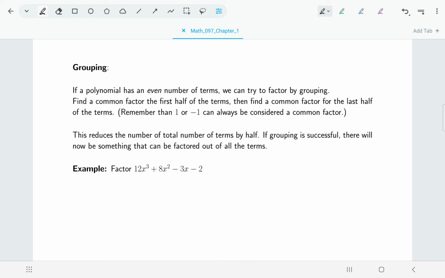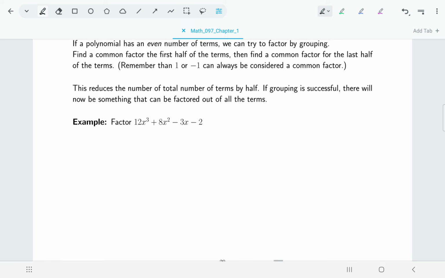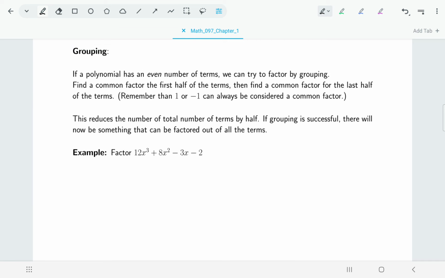factoring by grouping, which is kind of a modified way of doing common factoring. Instead of taking out a common factor from all of the terms, what we do is we split our terms in half. So we have our first half and we have our second half, and we'll take common factors out of both halves. And the goal here is for both of the two parts to have the same thing